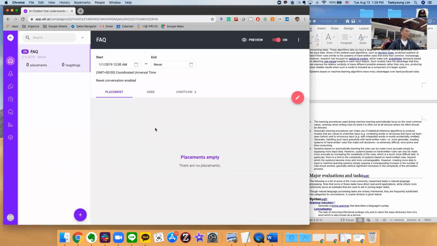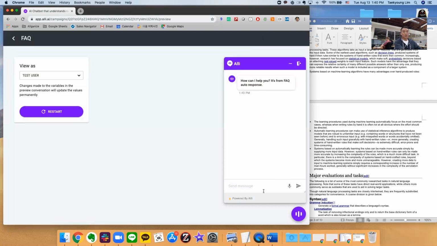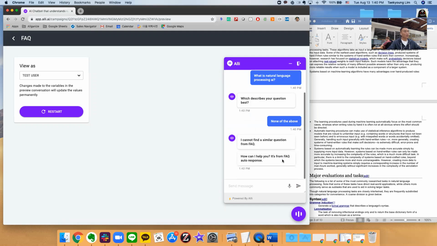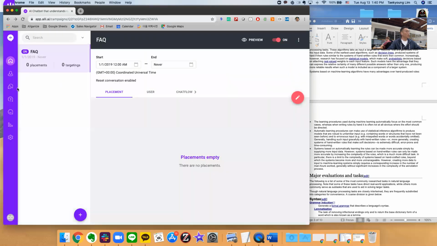To test this out, simply go to the dashboard, the home, and then click on the preview on your FAQ chat flow and start asking questions, something like, what is natural language AI? Then, if the customer cannot find the question they are looking for, they'll click none of the above. Then you see this message,